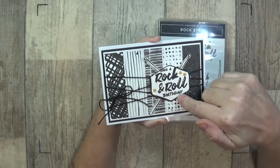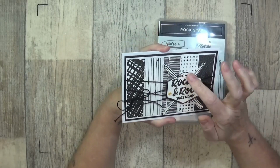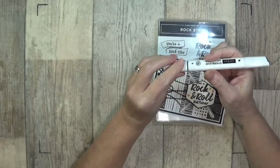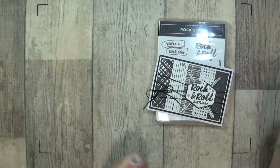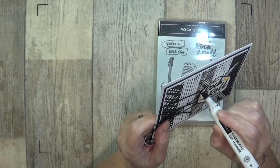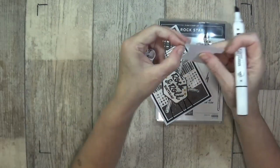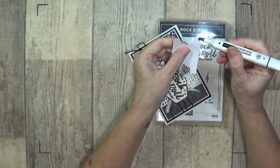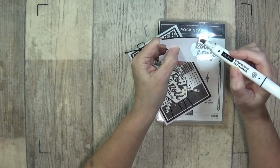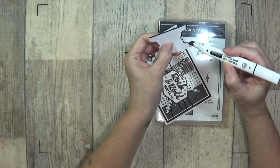I used the hexagon punch and stamped the Have a Rock and Roll Birthday, and just used the fat end of my marker pen and just went around the outside, let me show you like this. See, this is the label. I just literally dragged, and it didn't matter that I'd left a bit of white. I just went round the outside,